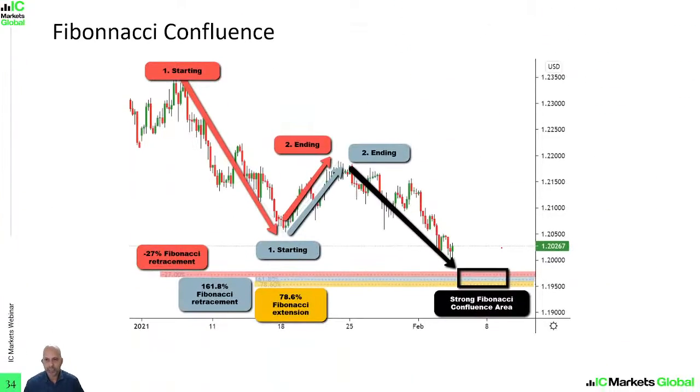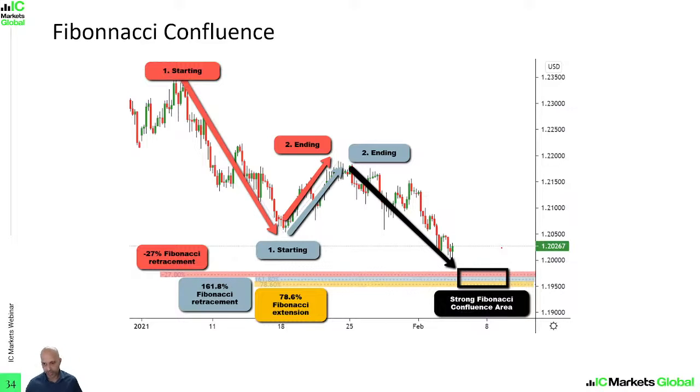All right, now what is Fibonacci confluence? Do not be confused by this term called confluence. It simply means that we have more than one Fibonacci level at that particular price point or price zone. This could be a Fibonacci retracement level, an extension level, or an expansion or projection level. So basically, Fibonacci confluence simply means we have more than one Fibonacci level at that particular price point or price zone.